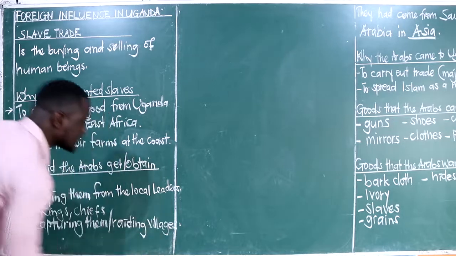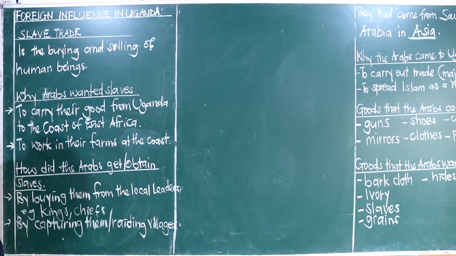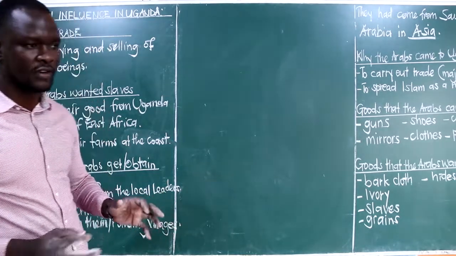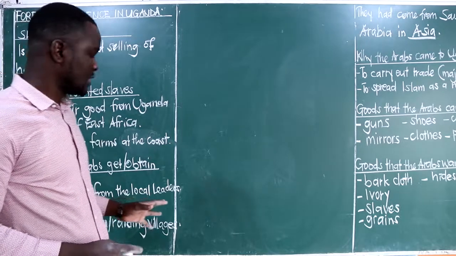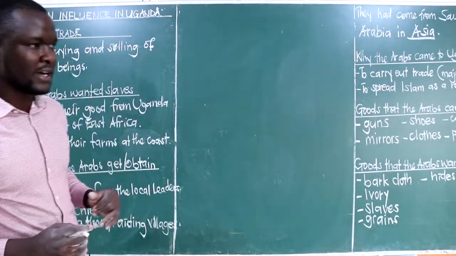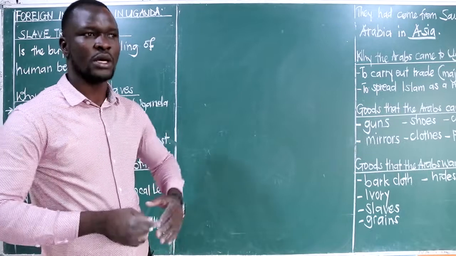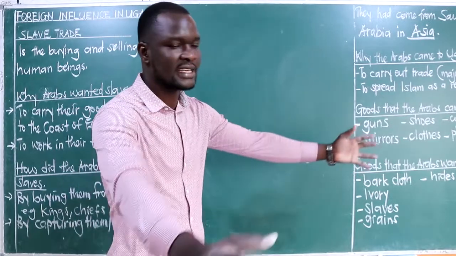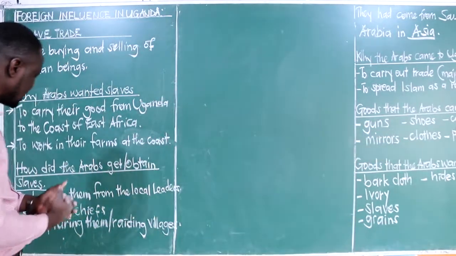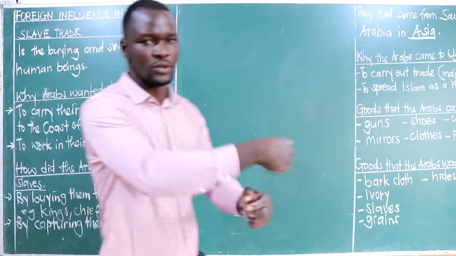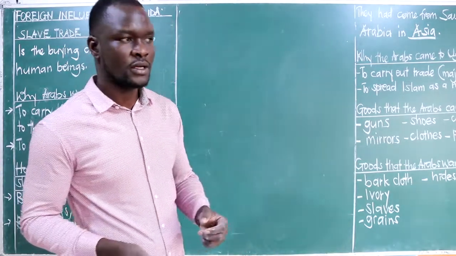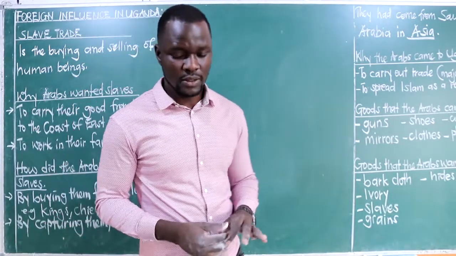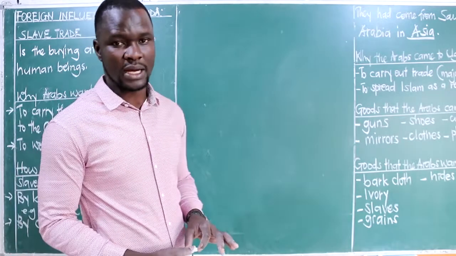Now, to raid means they could mount an attack. Remember, these Arabs could move in groups that we call caravans. This was for protection mainly. And they were having guns, so people could not resist. They come to a place, they just arrest you from nowhere, you try to run, they capture you, and they chain you. They tie you so that you don't run away. So that was another way the Arabs could get these slaves that they were to torture, making them carry their goods up the coast.